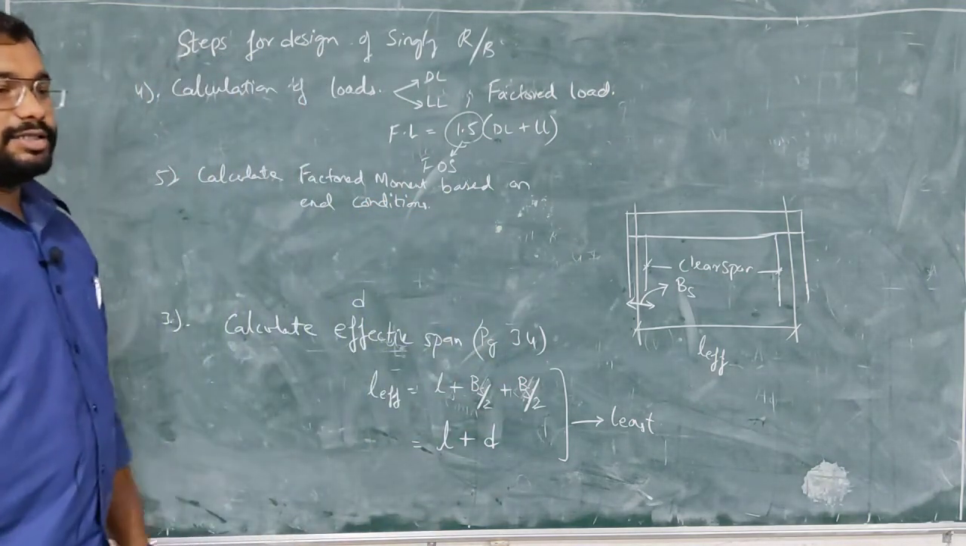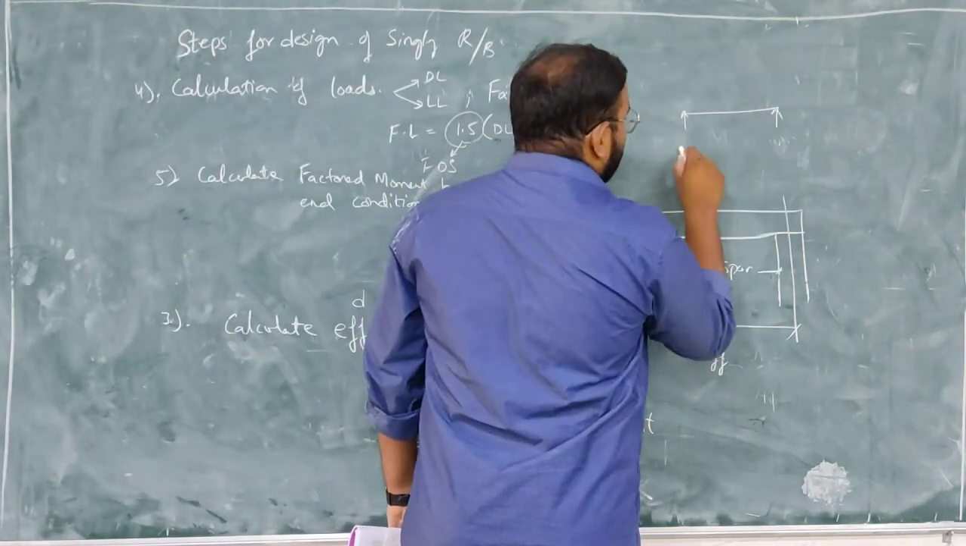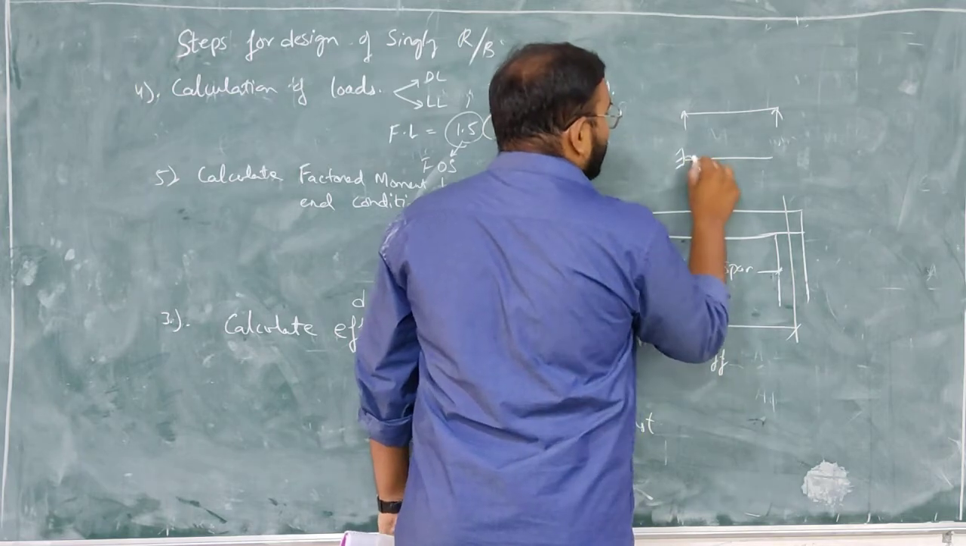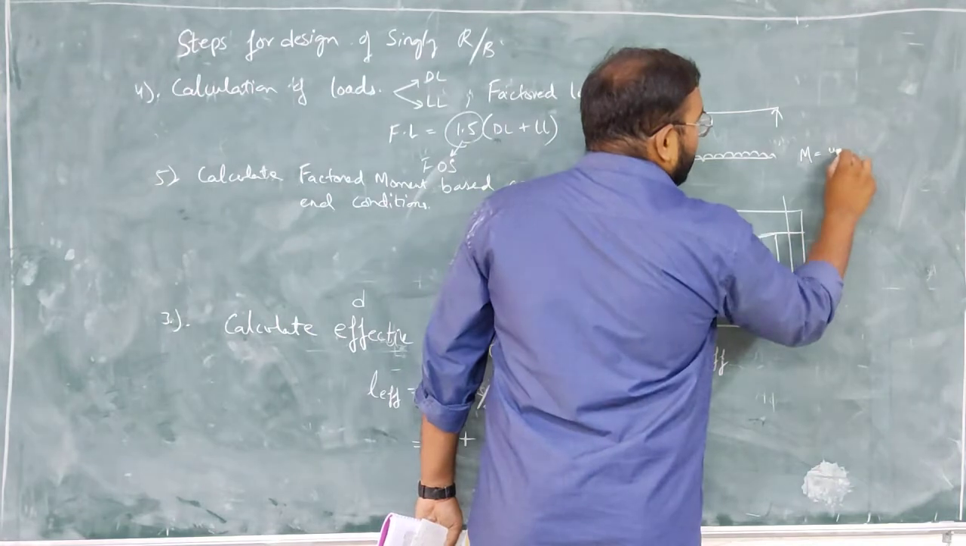Based on end conditions. What do you mean by end conditions? Again, simply supported or cantilever. Suppose you have a cantilever beam with some UDL on it. What will be the maximum bending moment? WL square